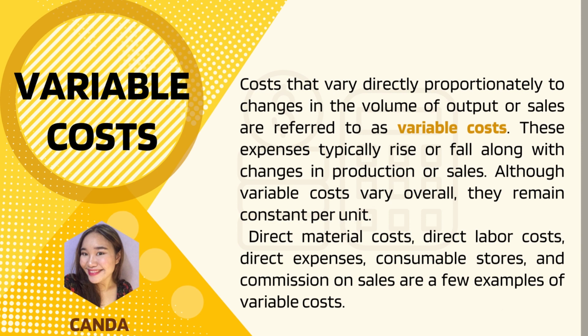Variable cost. A variable cost varies in total in direct proportion to changes in the level of activity. Common examples of variable costs include cost of goods sold for a merchandising company, direct materials, direct labor, variable elements of manufacturing overhead such as indirect materials, supplies and power, and variable elements of selling and administrative expenses such as